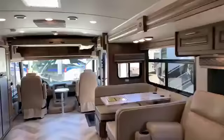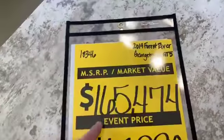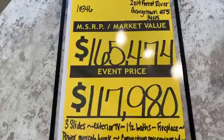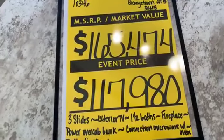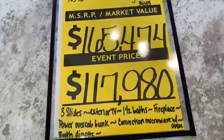Right now, the manufacturer states that we should sell this for $165,474. We at Paul Sherry's pride ourselves in having the very best price in the United States for the equipment on it, without the extra gimmicks and fees that the other dealers are charging right now. And that price is $117,980. But right now, for our sale going on this month, we have this on sale. Get your pen out for only